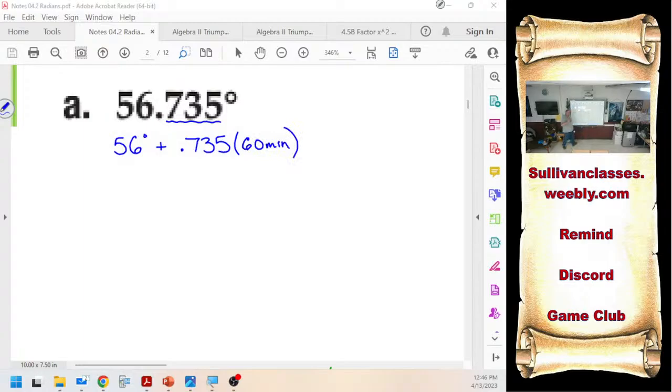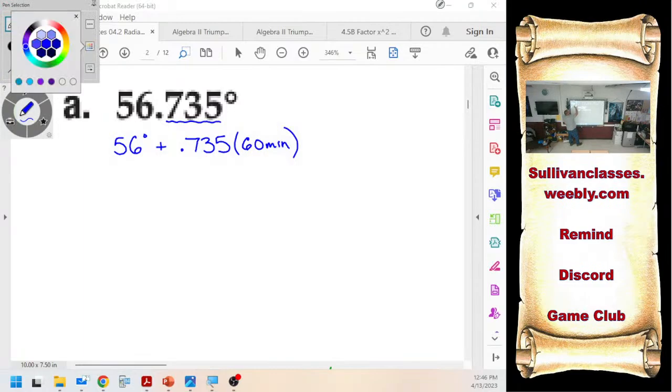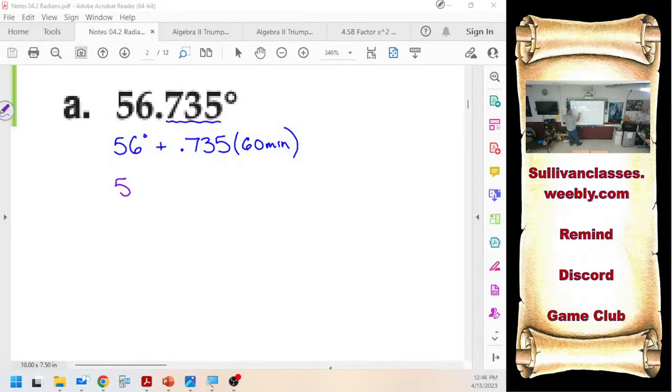Just like if I had part of a day, I would take it times 24, that many times 24 hours. I'm going to do the same thing here. But we have to find that decimal first. So then I'm going to have 56 degrees. And if I take 0.735 times 60 minutes,